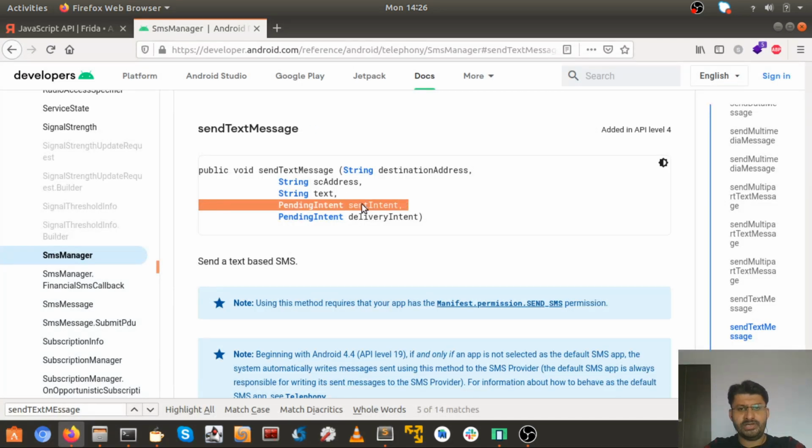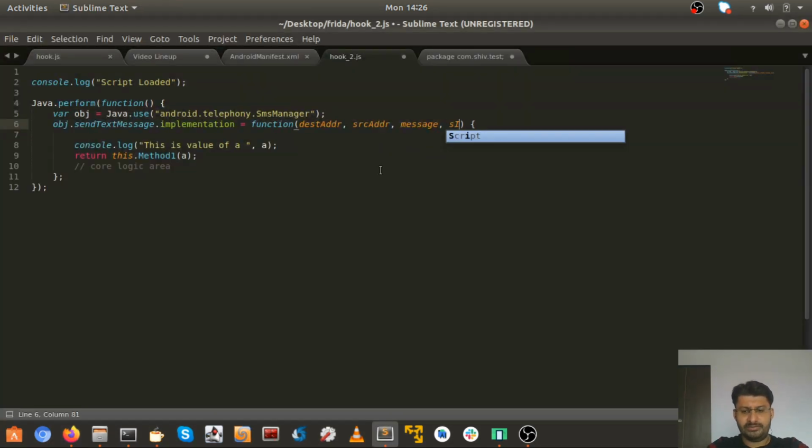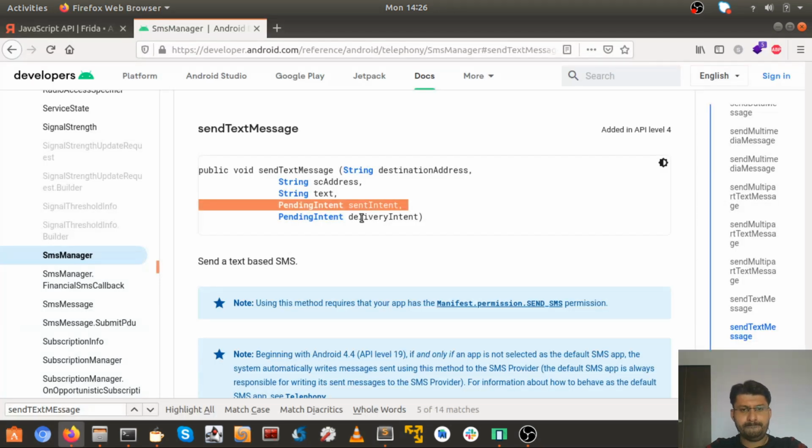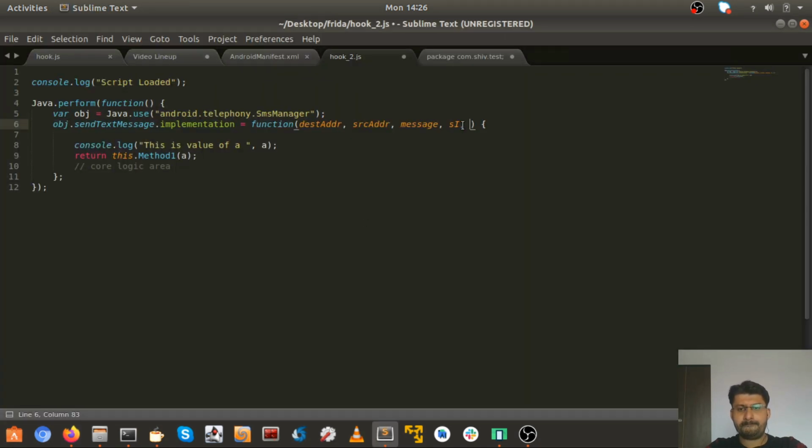This will be sent intent, so say SI, and delivery intent, so basically DI. In here we can say the third parameter is message.